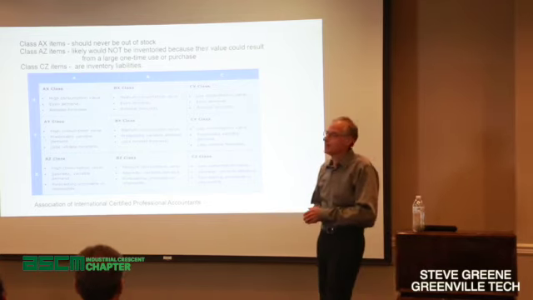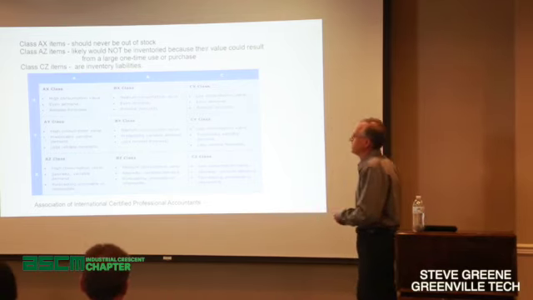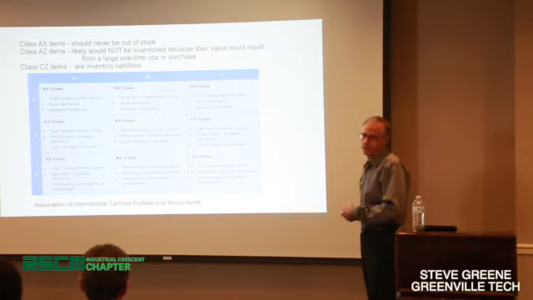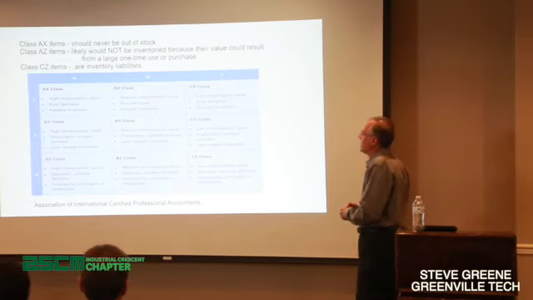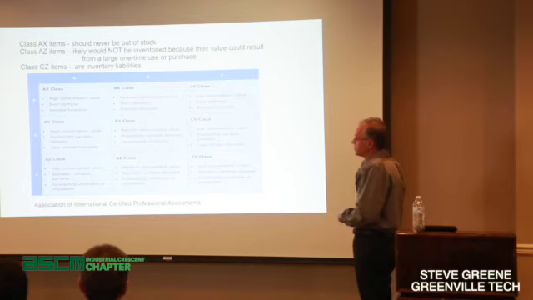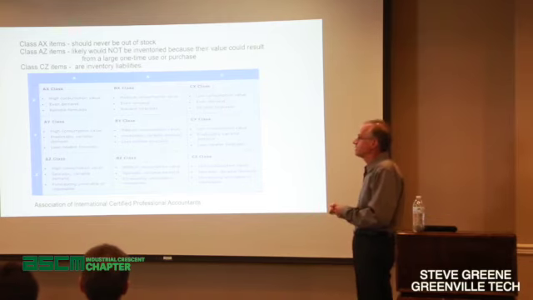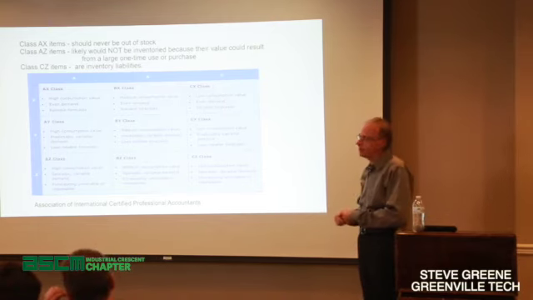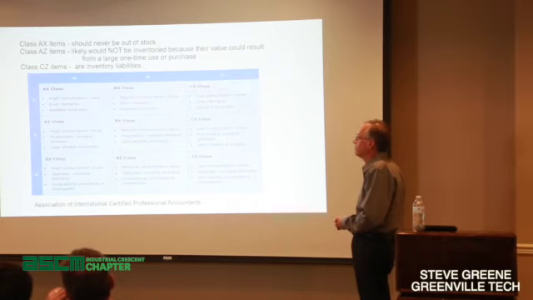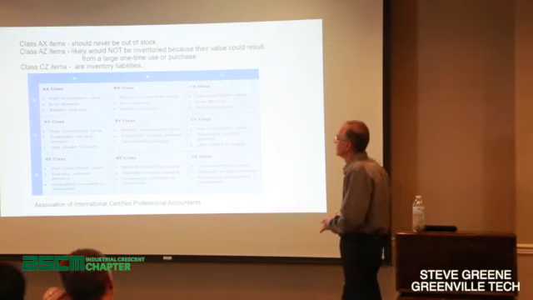Now we're going to take this a step further. We're going to look at individual cells, and we're going to pick out 3. If you're looking at Class AX items, these should never be out of stock. You don't want to be out of stock of Class A items. They're high consumption value. Their demand is pretty even. It doesn't vary very much. And then you have reliable forecasts. So those are the good, valuable